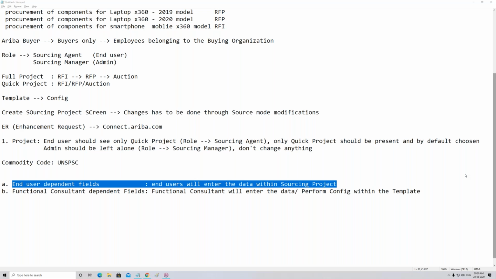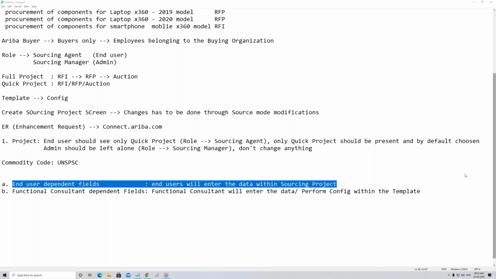Now that's a very good question. It won't be auto populated, but from there you will have no option other than to create RFP. When you create it within the full project, automatically whatever data is present in the RFI will come into the RFP. That means whatever product information you have given, whichever suppliers you have copied in the RFI, those things automatically will move into the RFP.